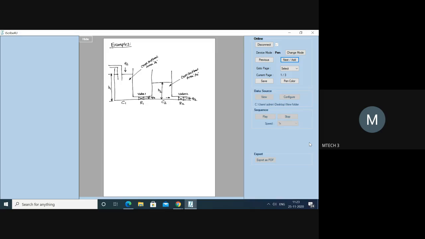Now we'll write for container 1. Container 1 with a height H1 is a capacitor C1. Thus, for container 1,